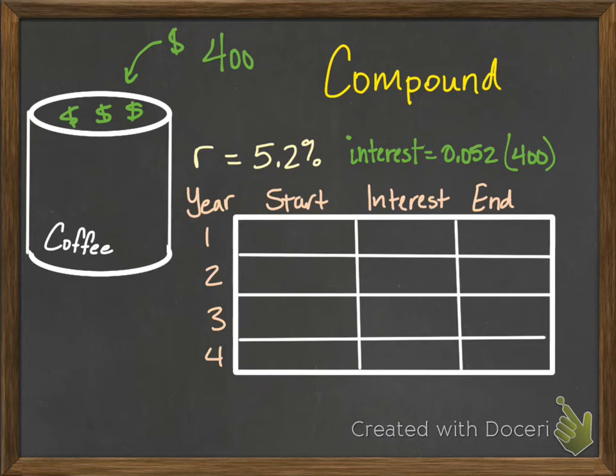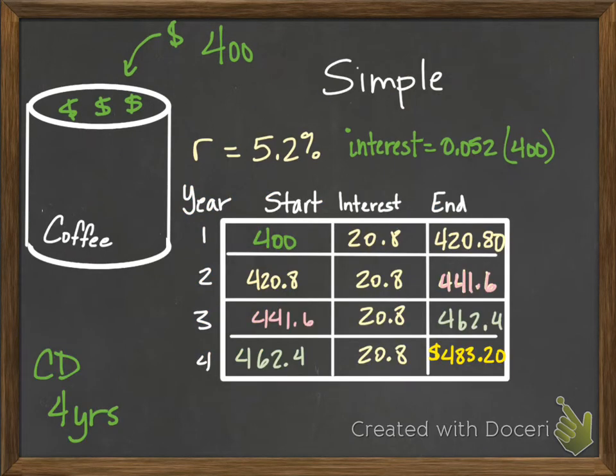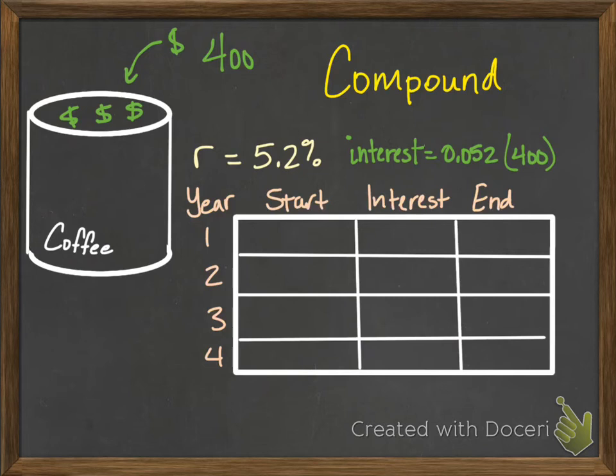The next kind of interest that we have is compound interest. Compound, you're going to see, grows a whole lot faster, because in simple interest, our interest was the same all the way down. So you were only, like if I go back, you're only calculating your interest off of this original amount, this $400. But in compound, we're not doing that the whole way through. So what we're going to do, so I start with 400.